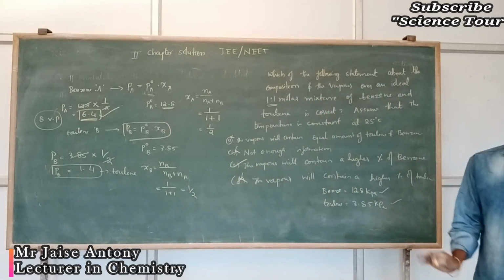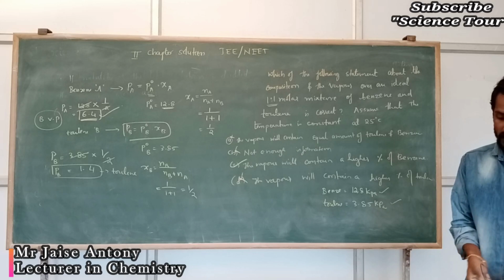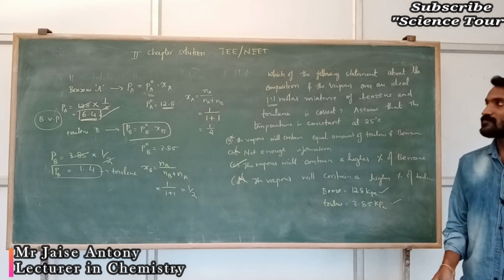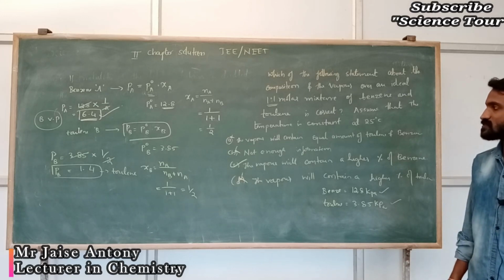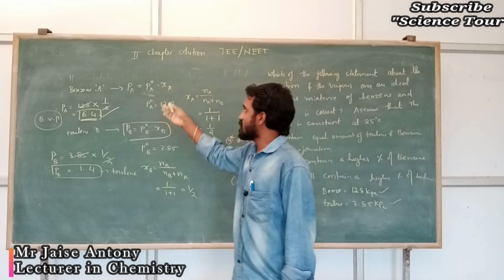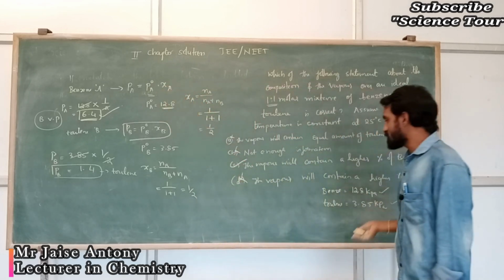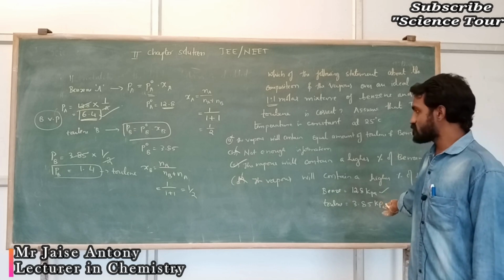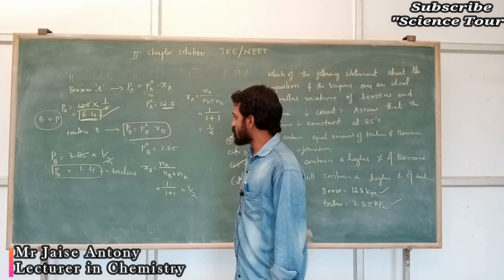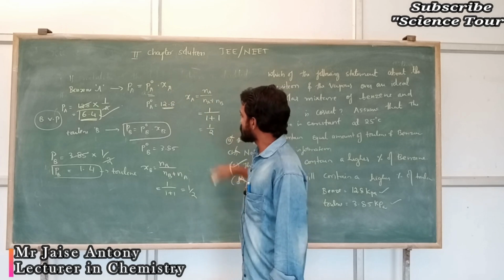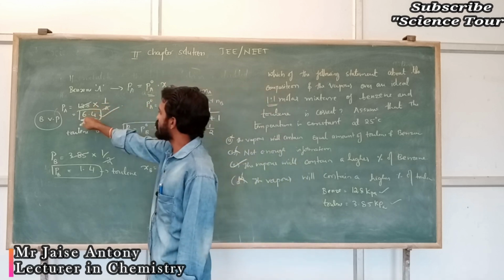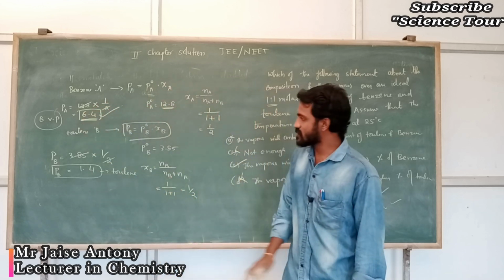The question is only big. Understood? By seeing that question, don't get frustrated. You may feel, oh, this is too tough, how can I solve this? But it's very simple. The answer is very simple. You are using a simple formula, PA equals P naught A times XA. The P naught A value is given in the question, 12.8 kilopascal, and the toluene value is also given. You are just finding the number of moles of A and B. You get half for this one. You just multiply and substitute here, 12.8 into half, and you get 6.4. Everything else remains the same.